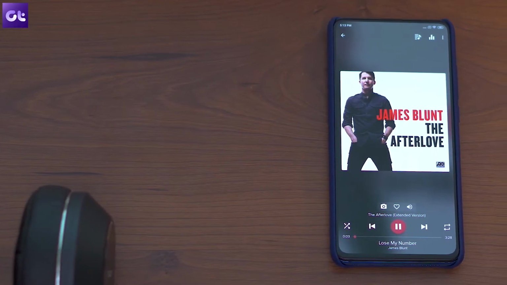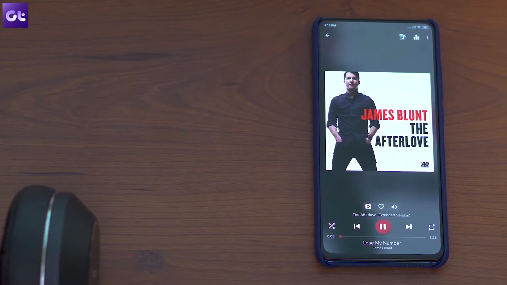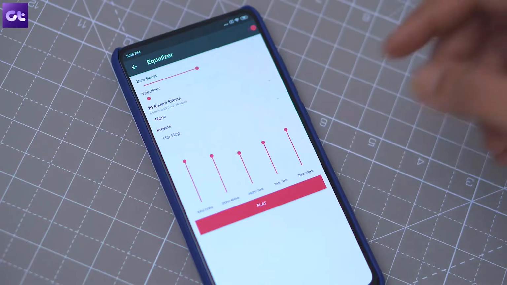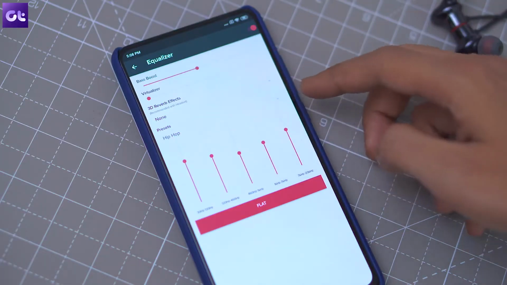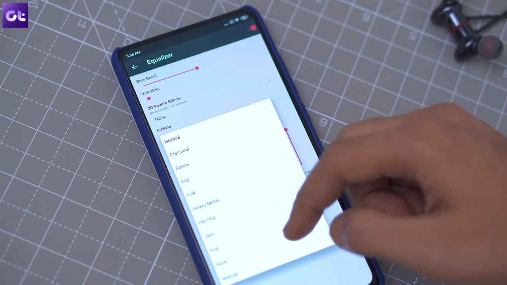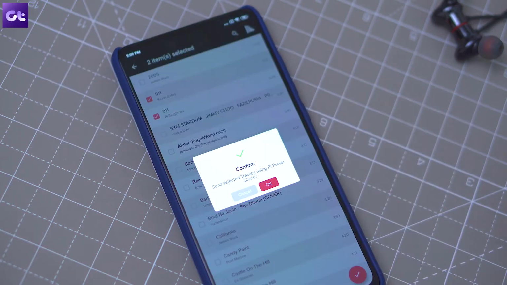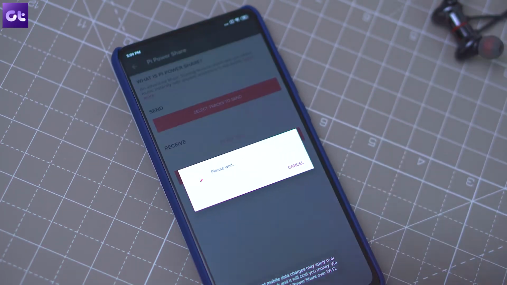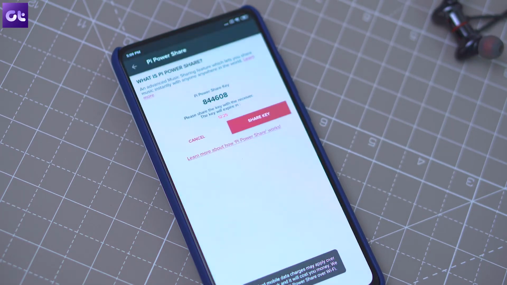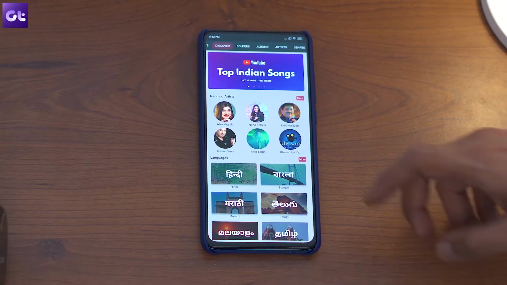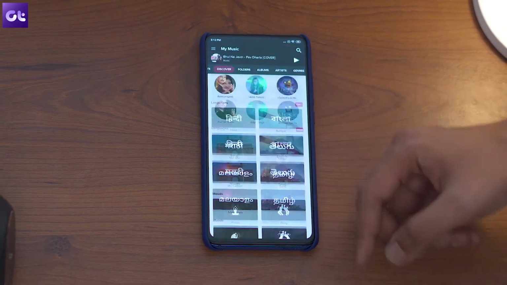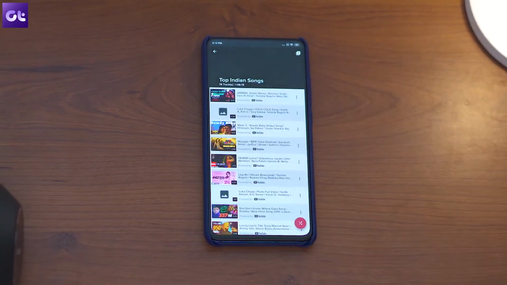But remember, that's not all that this app can do. It's a full-fledged music player after all, and a pretty good one at that. It comes with a built-in 5-band equalizer, an enhanced folder view, a nifty sharing feature to help you share your songs with friends, an audiobook and podcast player, and on top of all that, it even lets you play music directly from YouTube. Isn't that cool?